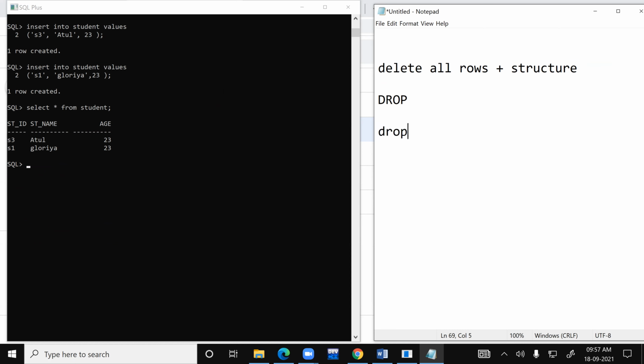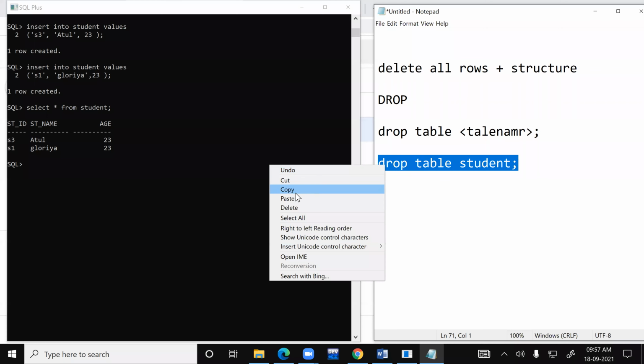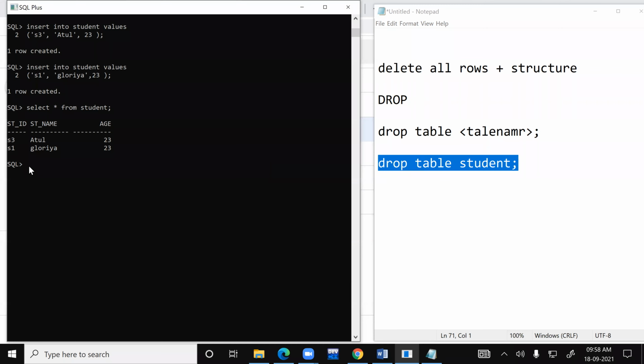Okay, so you simply write drop table, and then of course end it up with a semicolon. So now what I'm planning to do is drop the structure called student. Okay, now look here very carefully. I do have a table structure and I do have 2 rows in my table. Now the moment I use the drop table query, they're dropping the table, which means,